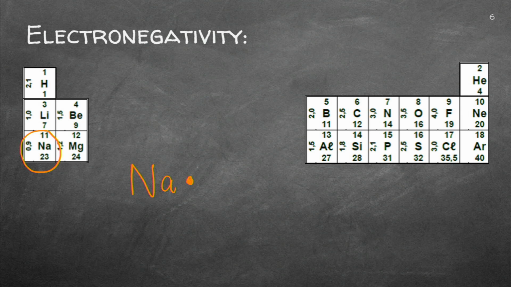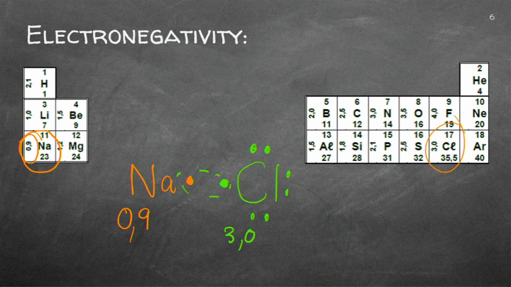Sodium with its 1 electron and chlorine there. Now we know that's not going to be a covalent bond, it's going to be an ionic bond. But let's show you. The chlorine looks like that. I've got sodium with an electronegativity value of 0.9 and I've got chlorine pulling those two there with 3. And you can see here it's a huge difference of 2.1. So the difference in electronegativity is 2.1, and I'll show you now.